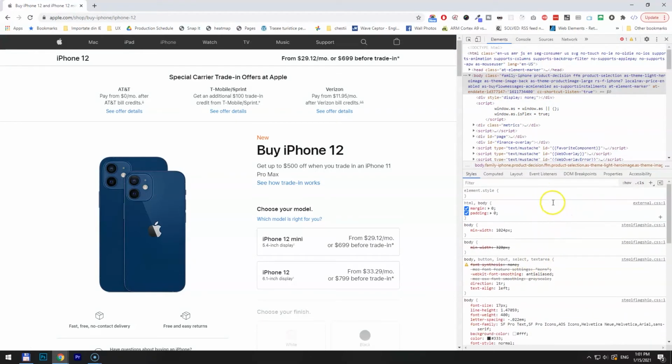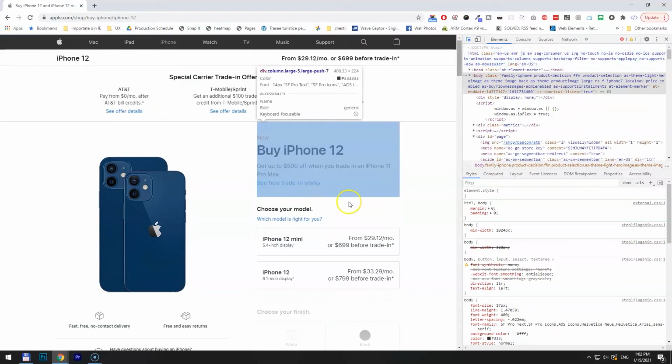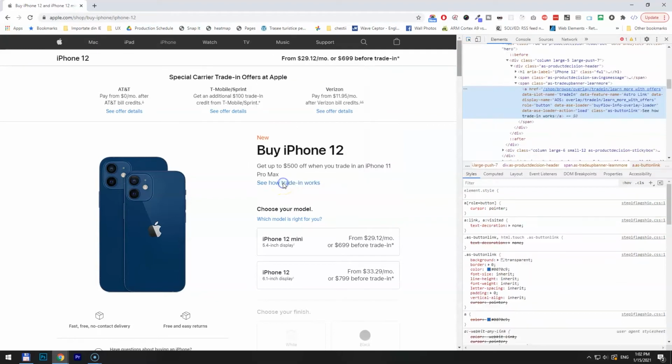So for example, if you're a new developer and want to see what colors Apple is using, you just hit this small icon with an arrow and select a text, let's say this blue one. And after you selected, the HTML code would be selected here on the top, and on the bottom the CSS part. So as you can see, this is a link, basic link, which has a few classes, and the class AS dash button link has a blue color with this color code exactly,